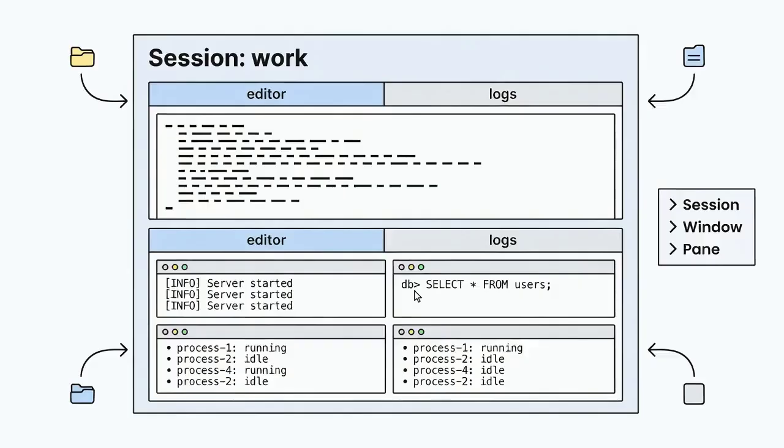tmux organizes work in a strict nested hierarchy. A session sits at the top, the outermost container. Inside it, windows act like tabs across the top. Inside each window, panes are split grids sharing the screen. One session called work might hold two windows, with one of those windows split into three panes running different tools